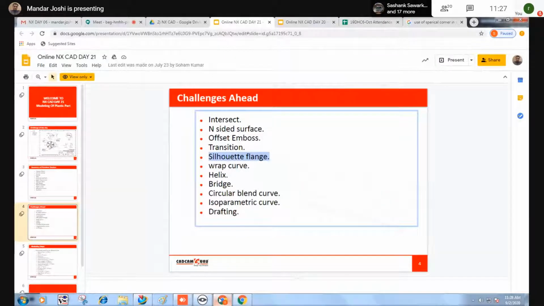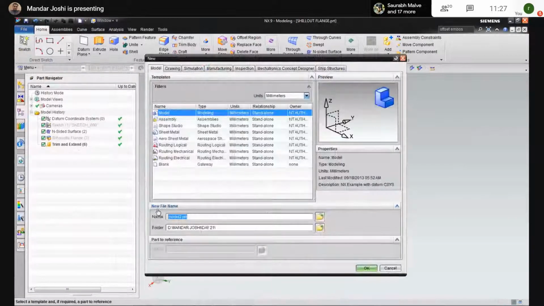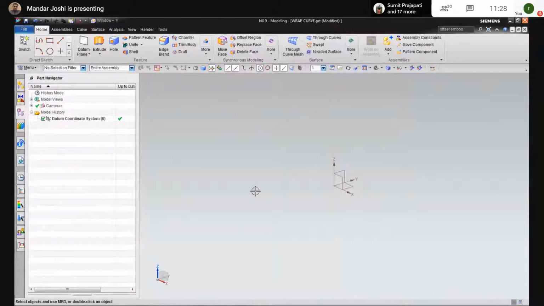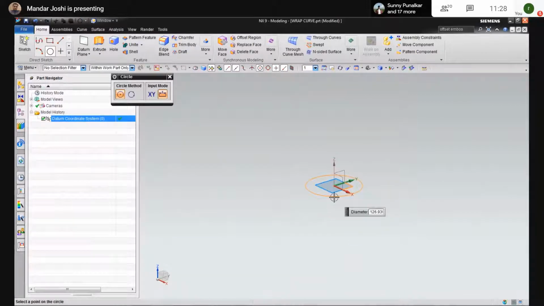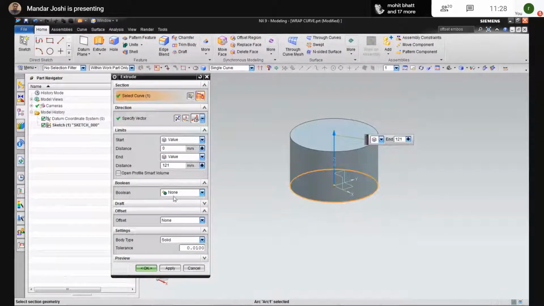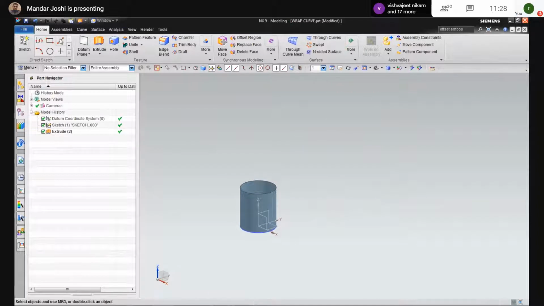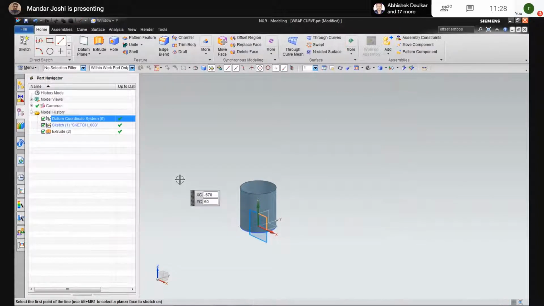After that, there is helix and wrap curve. So we will build a cylinder here, and I need a surface, and I generate here one straight line.